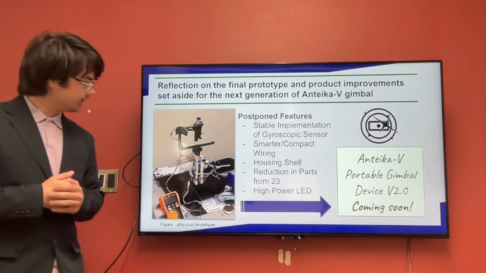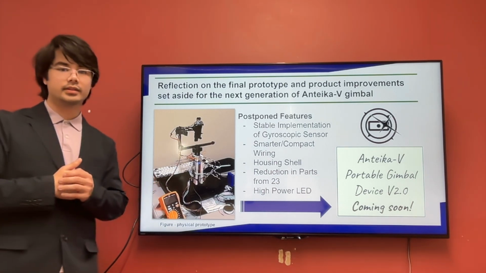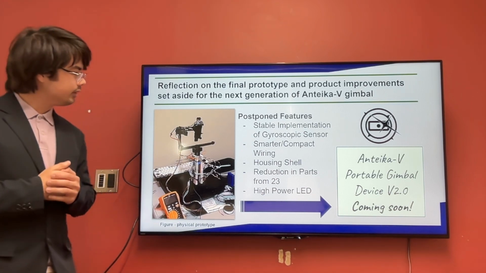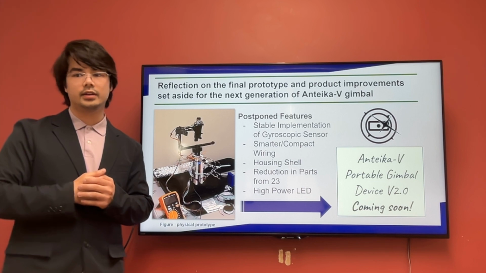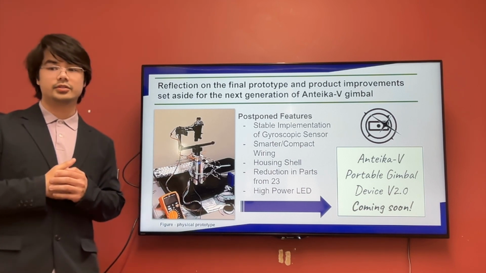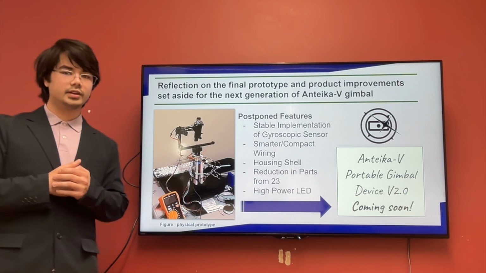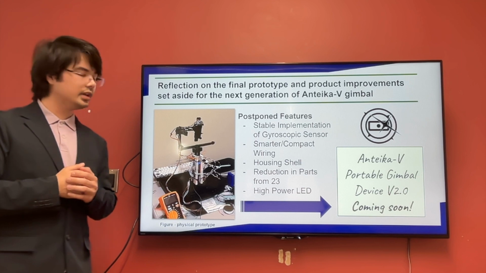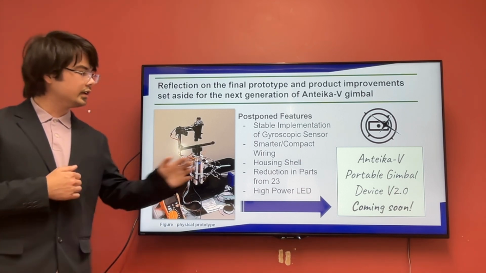All right, so this is our final product. This is the product of all the design process iterations. We did have to unfortunately postpone some features, but this was based on the FMEA. The stable implementation of a gyroscopic sensor was not able to be used because the sensor was too sensitive, too unstable. It would cause an FMEA failure, which we didn't want, so we would postpone it